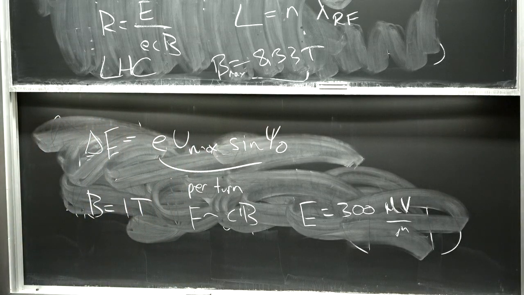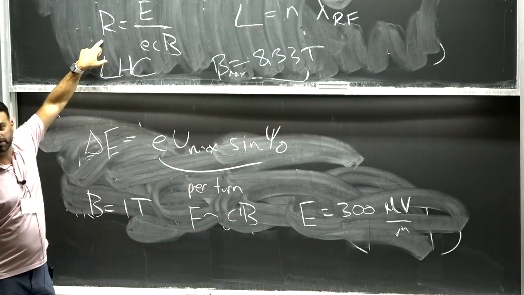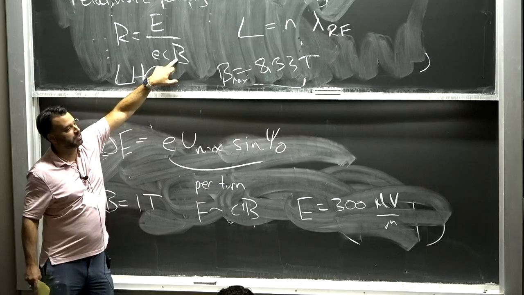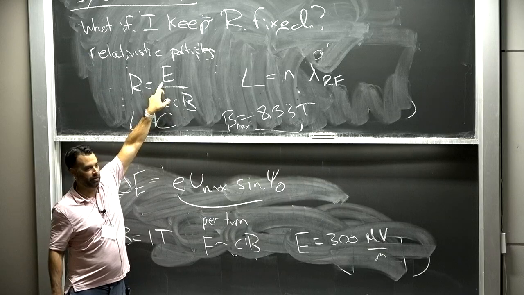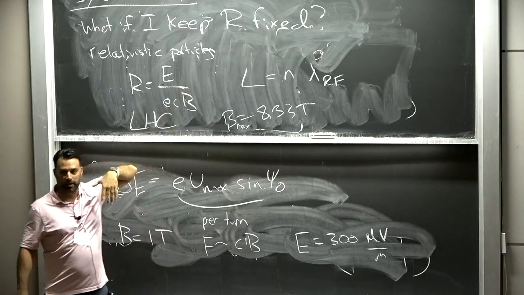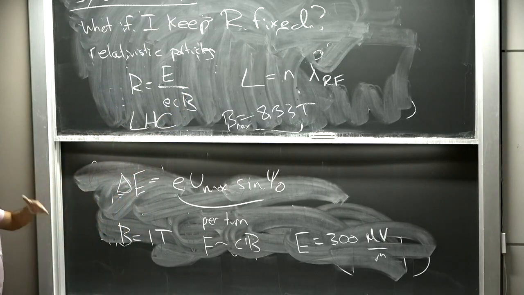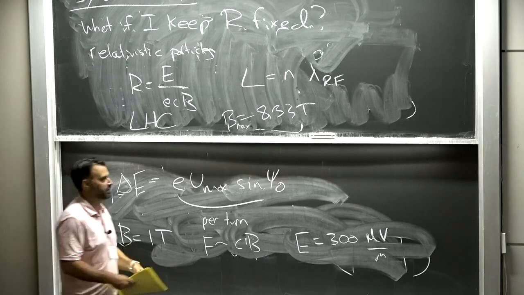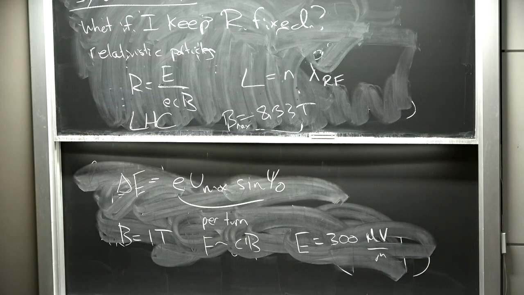Now, let me just finish off with, this is kind of the modern design for all particle accelerators, and we'll talk about what the changes are. The one thing to notice, though, the synchronization condition for the radius says the energy over B has to be synchronized. I can't use a synchrotron ever to go from E equals 0, okay? That means I have to be at B equals 0. And I also need this B to rise linearly as I go with energy. So it's very hard to make a uniform B field that is so weak and rises with the same rate. So synchrotrons never are going to be the whole part of an accelerator chain.